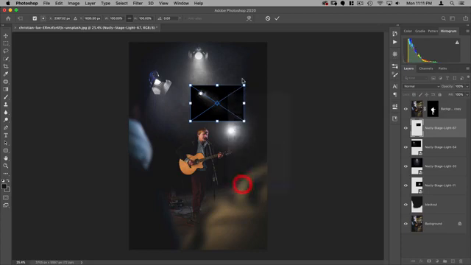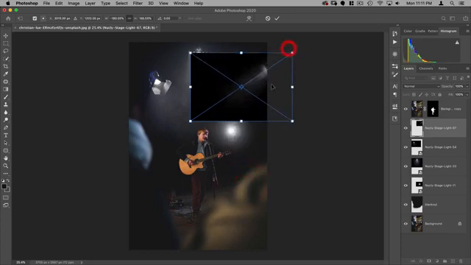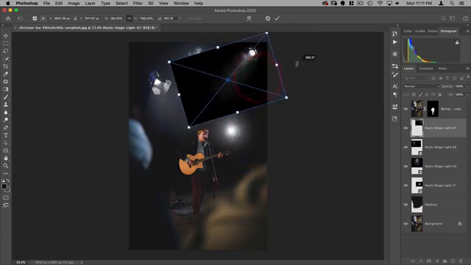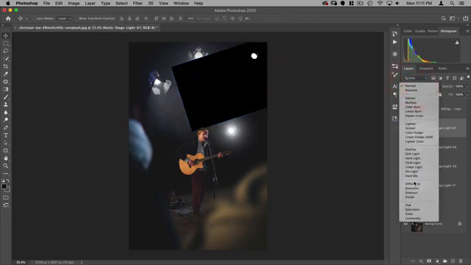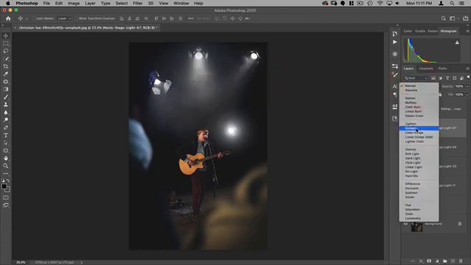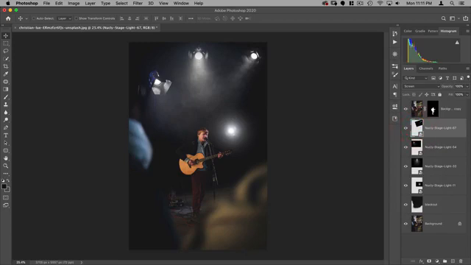We're going to flip that one horizontal and put that one kind of up here. And let's put that one on screen. So now we've got the lights. Let's move this one. Sorry, let's move this one. Whoops, wrong one. This one over maybe a little more there, like that.